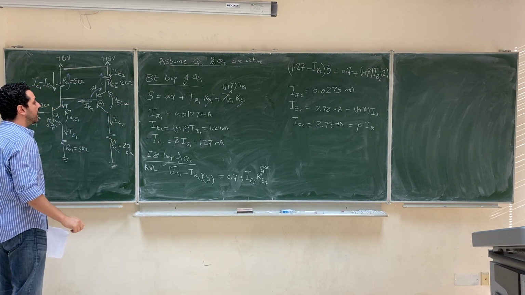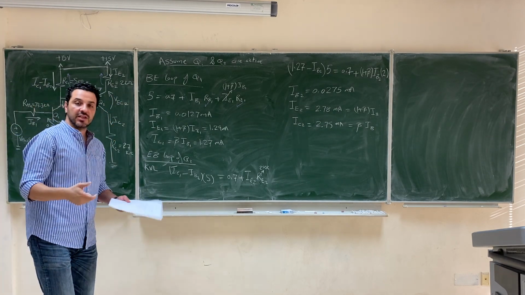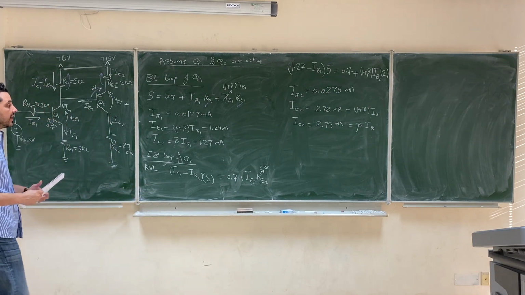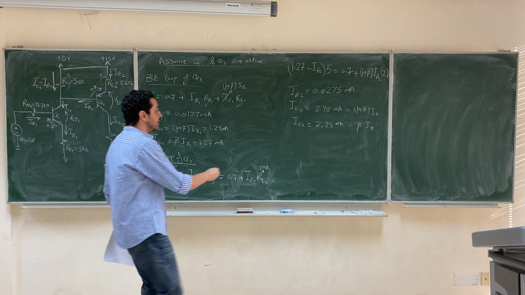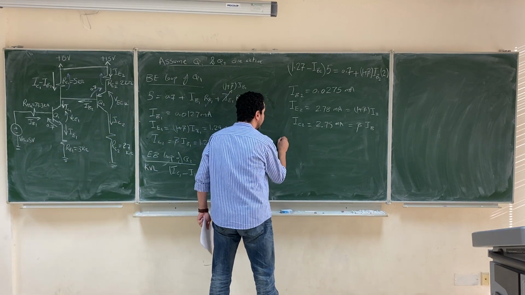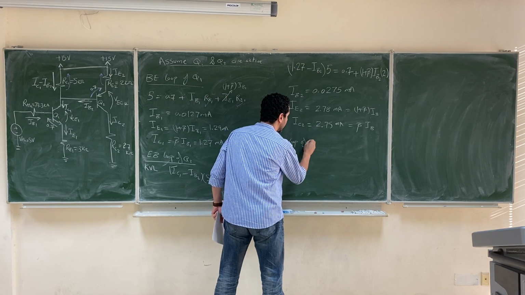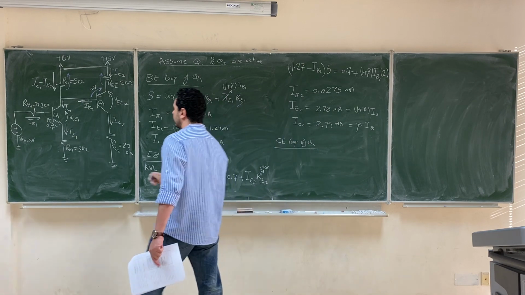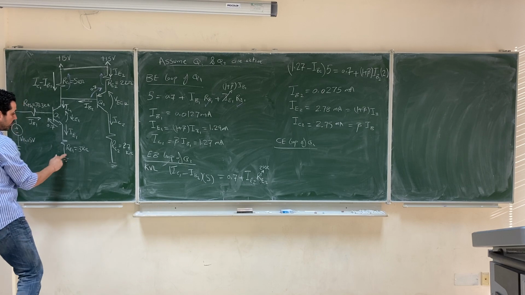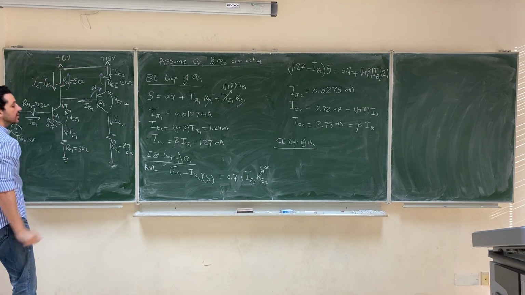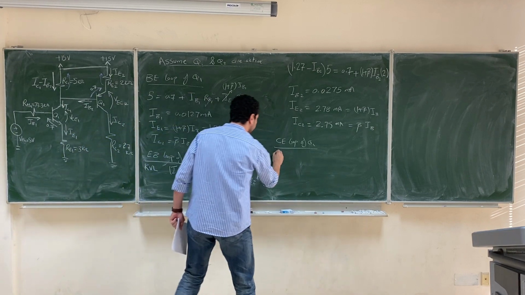VEC2. And we can check whether these two transistors are active or not. So let's start with VCE1. We'll consider the collector-emitter loop of transistor Q1. The collector-emitter loop says that 0 plus the drop here plus VCE1 plus the drop here equals 15, right? So 15 equals